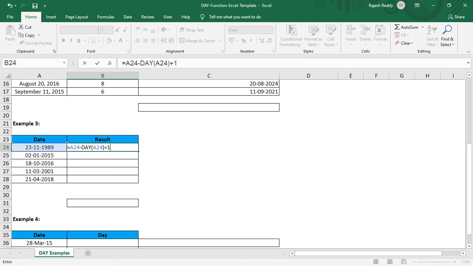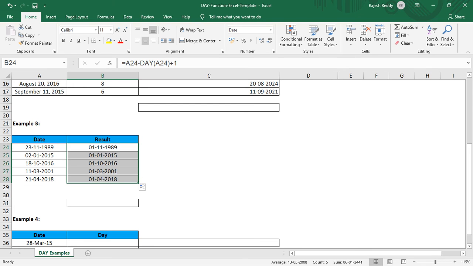It means if I mention this A24 in this cell, 23 days is already present in this cell. Again I will extract this 23 from this specified date and subtract. Once subtracted, this value becomes 0, right? Finally I will add one, so this 1 is added to these values. Now if I drag this, automatically each and every month's first date gets generated. Like this the DAY function works in Excel.